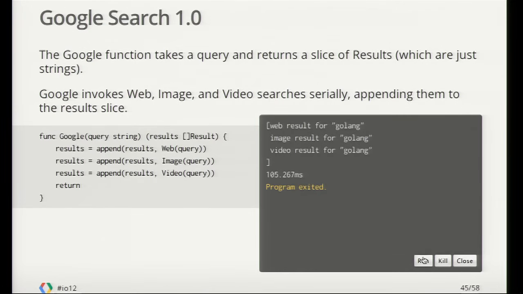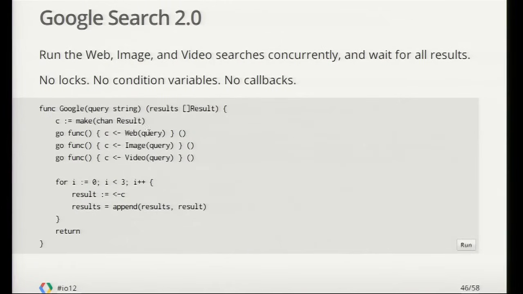Okay, trivial, right? The problem is that if you think about it, this is running one, waiting for its answer to come back, running another one, waiting for its answer to come back, running a third one, waiting for its answer to come back. Well, you know where this is going. Why don't we launch those in goroutines? So now for each of the backends, we independently launch a goroutine to do the search, and then this is the fan-in pattern, get the data back on the same channel, and then we can just print them out as they arrive. So they're going to come out of order now, but we're going to get all three of them back. But they're running concurrently and actually in parallel in this case,